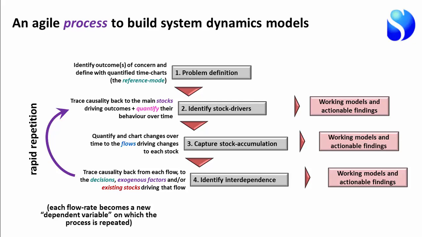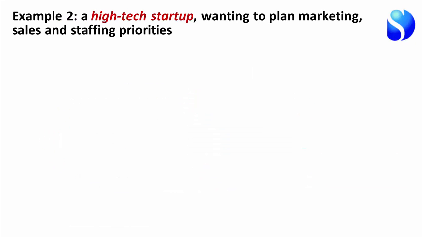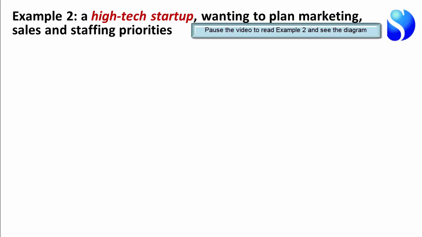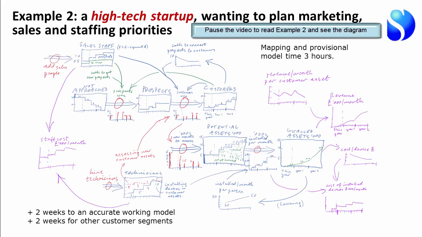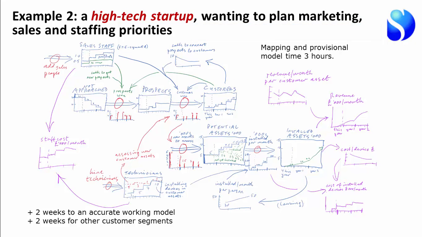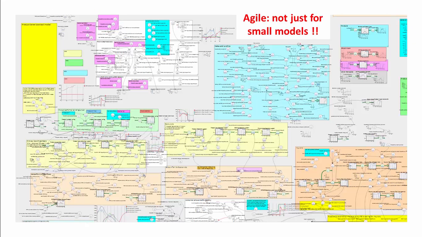I don't think I have time, given our technical problem, to go through the second example. It is in the paper. It's to do with an electronic technology startup business. So I'll just end by saying that this is not limited to small cases like this. The most recent case I've used it on is somewhat larger and more complicated. This is to do with the attack on a patent expiring pharmaceutical product by generic newcomers to the sector. So that's all I think I have time to say.